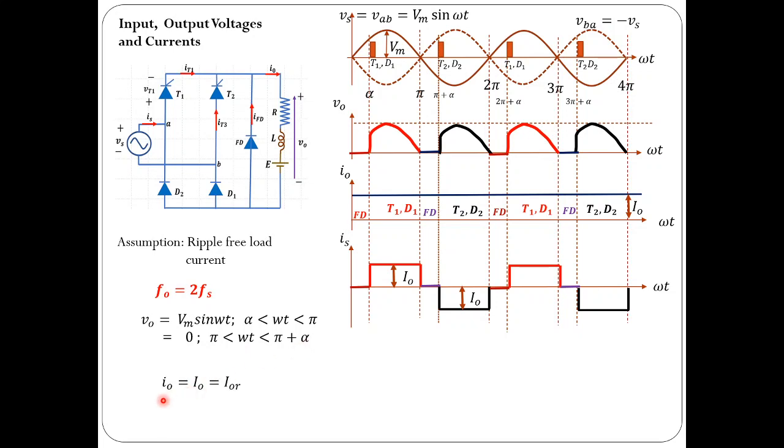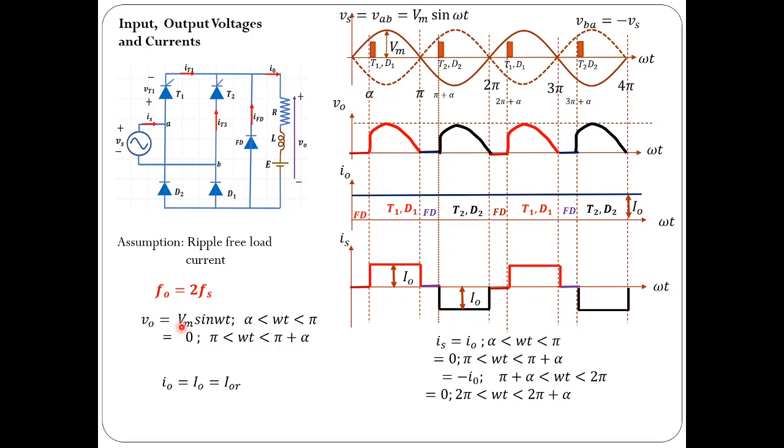And what about load current? Load current is constant, so its average value and RMS value are going to be equal because it is ripple free. And how to find out this value? This value is the same as the average value of load current, which is equal to the average value of load voltage minus battery voltage by R for the ripple free case. That we have already derived in the previous class. Refer to my previous lectures. Of course, I will show you the derivation again. So the average value of load current is equal to the average value of output voltage minus battery voltage by resistance value. And that is true because the average value of inductor voltage is equal to 0.